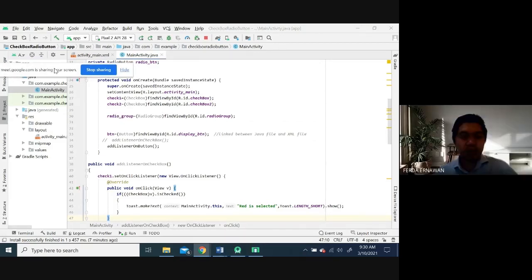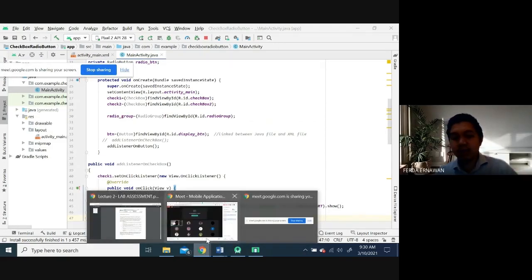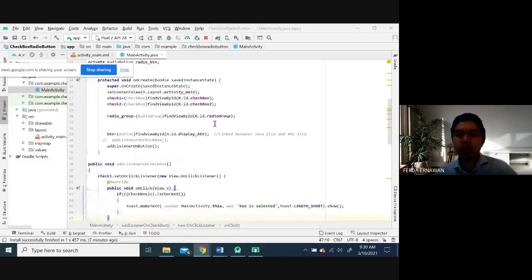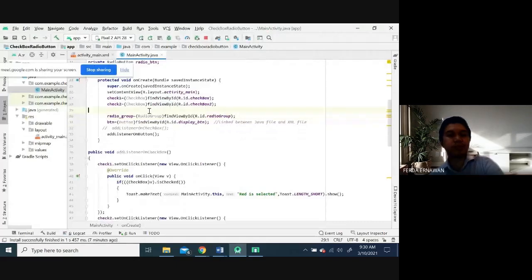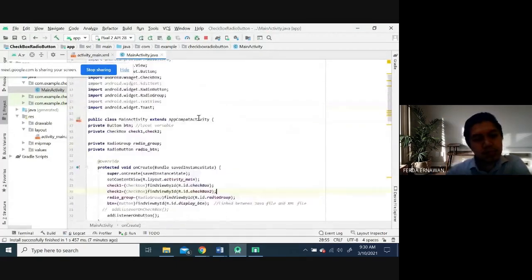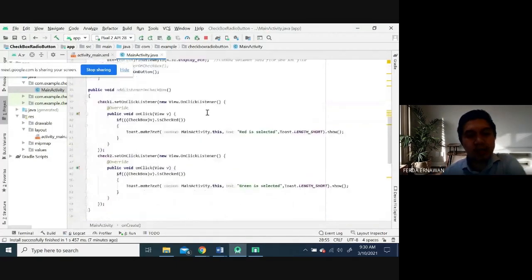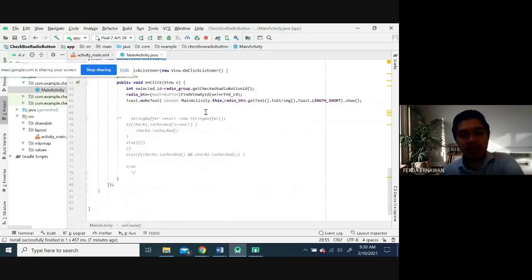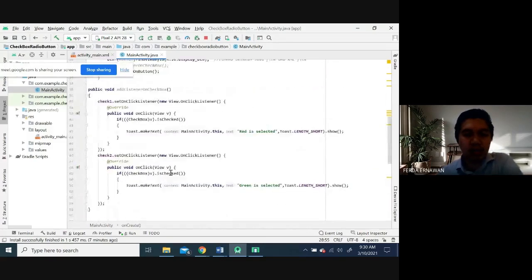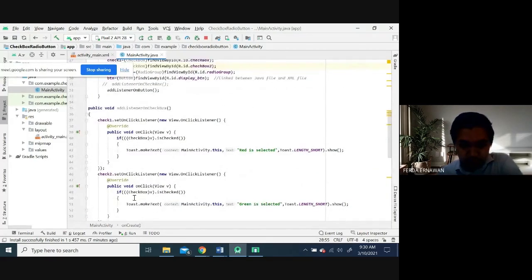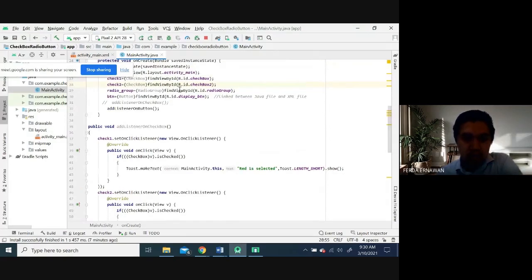Okay, is there any question regarding the radio button and also the checkbox? I hope you can do some exercise. Try to modify this one, the condition, and add a listener on the button or on the checkbox.